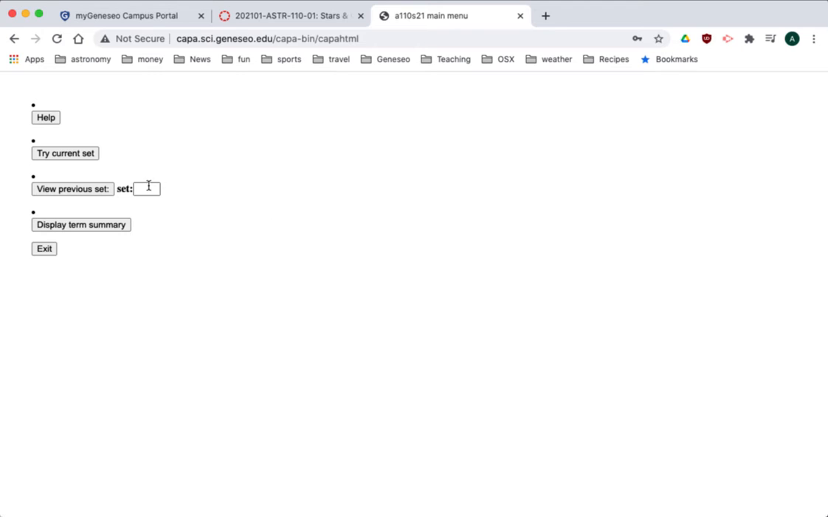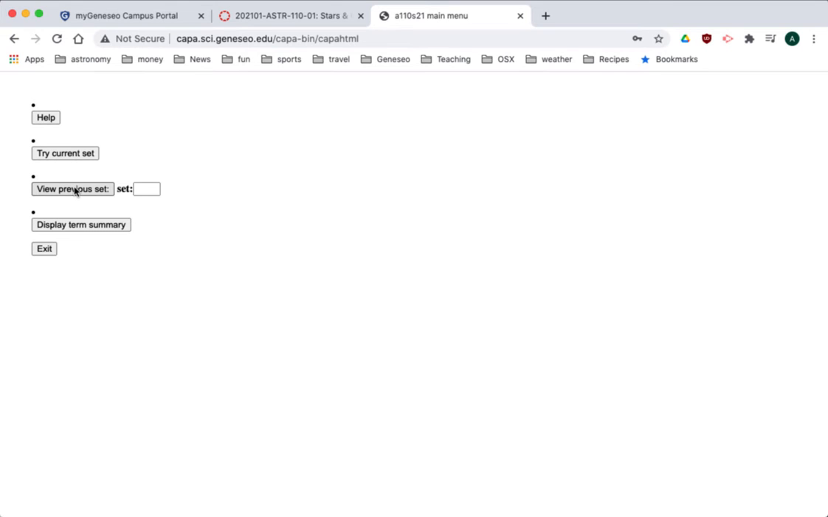That brings me to this page where there are 1, 2, 3, 4, 5 different options. Almost always, you're going to click on the try current set. If you want to view the previous set, for, let's say you're working on homework 4, or you logged in using the CAPA ID for homework 4,